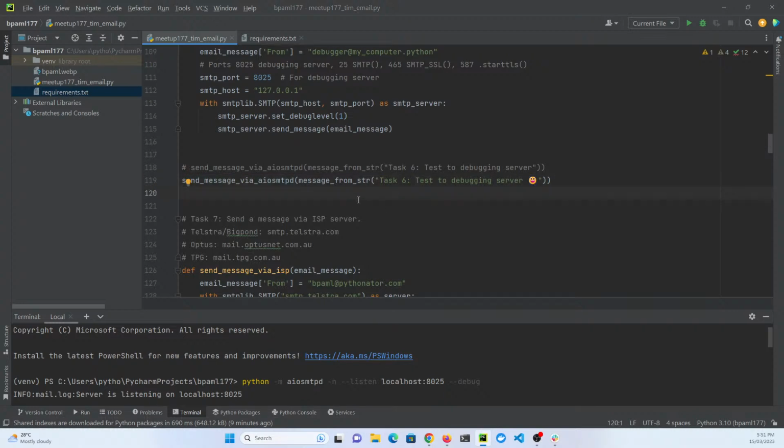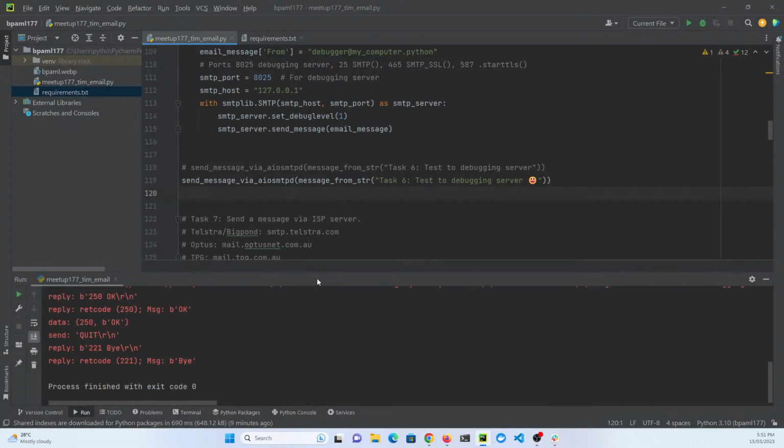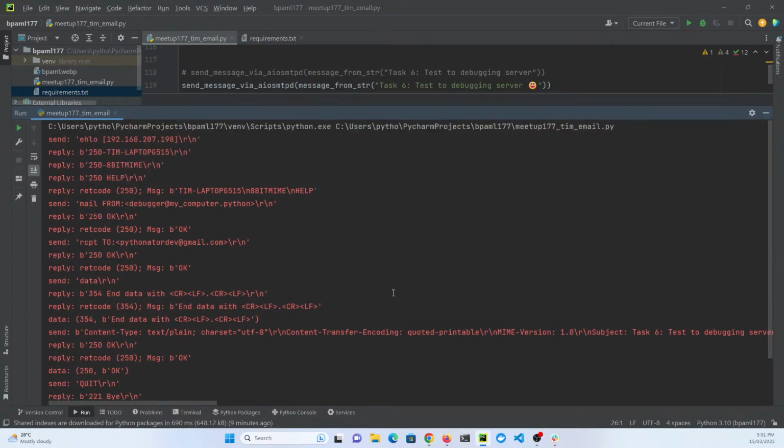And I'll just see what that looks like when it gets sent. So I'll just run that. And now this looks pretty much the same. When we get down to here,